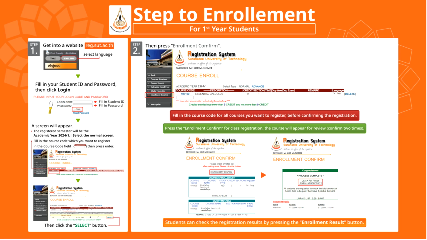Step 1 begins on the left side of the slide. You will head to reg.sut.ac.th, select your preferred language, Thai or English, and fill in your student ID. For bachelor, it begins with B, master with M, and doctoral with D, and a password to log in. Once inside, ensure you select the normal screen for the registered semester. You will then input your desired course codes in the fields provided, check the course section details, and click the